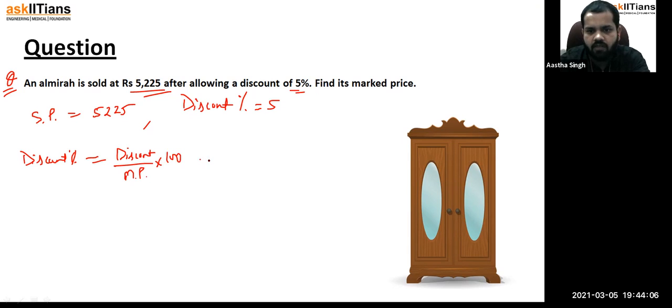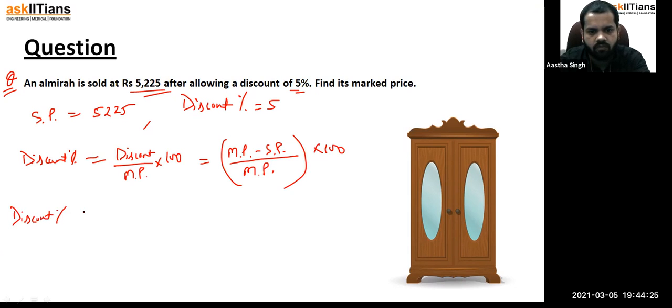So, what is discount? Discount is your market price minus selling price, divided by market price, multiplied by 100. Just individually divide it and you will get your discount. Discount percentage will be MP by MP